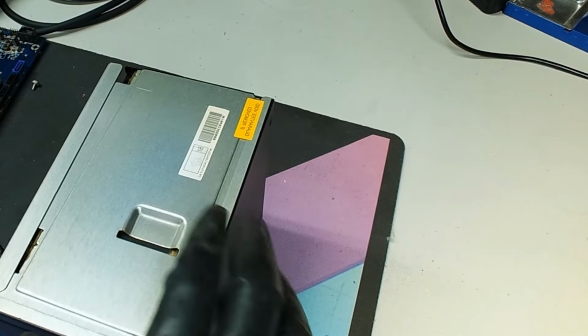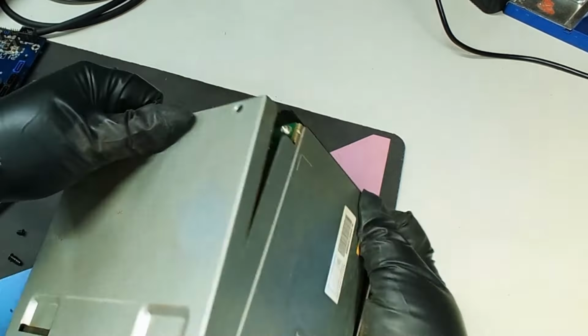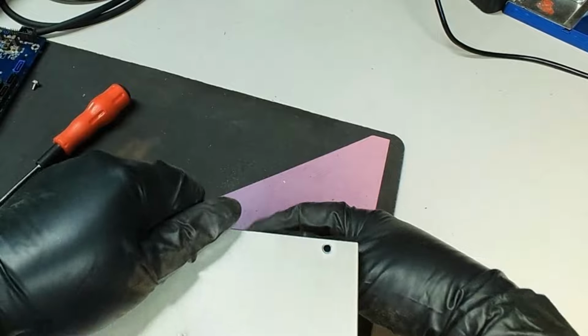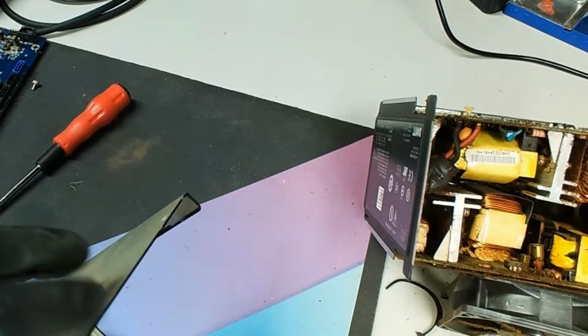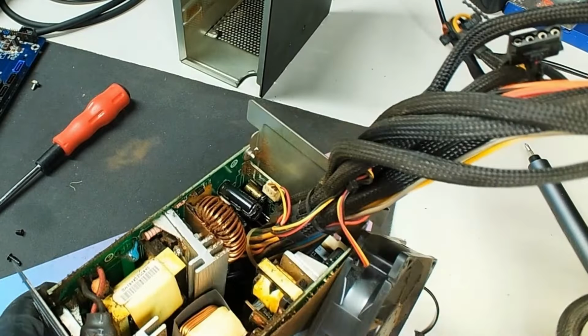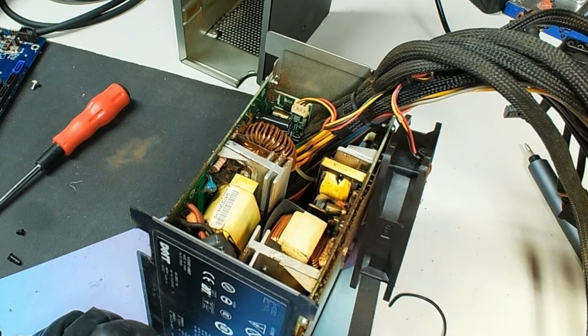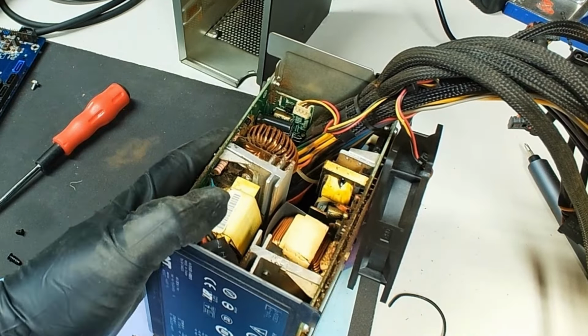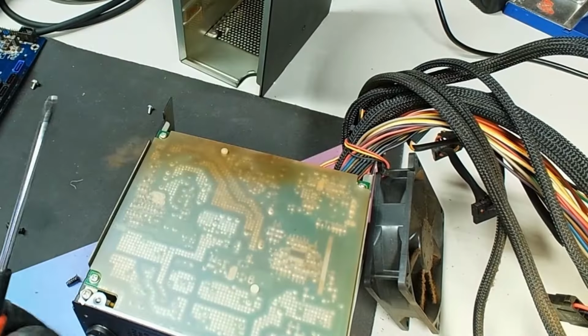Oh, warranty void if removed. Let us in there. Oh boy. Oh, this one's worse than the last. Oh, God. Oh, that fucking reeks, dude. Oh, it's even under the...